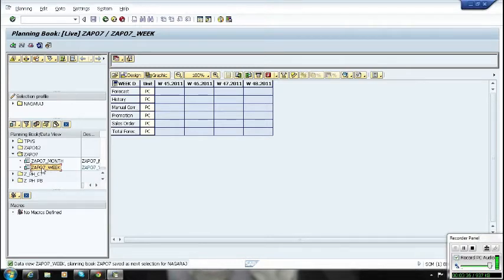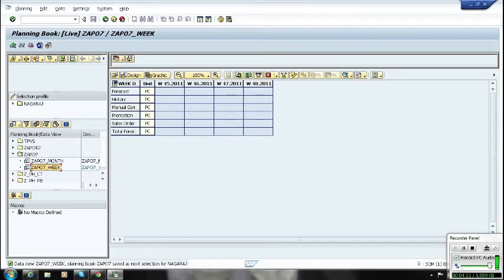Or for example, a sales manager has one planning book; for a sales representative, you can create a planning book and a data view also, giving just 2-3 key figures so that they can access only limited data. Like that also we can propose it. Okay. So is it clear, Sandeep, why we need to create planning books? So if you want to restrict users to only particular KPIs, we can design one view for them and only give it to that user.